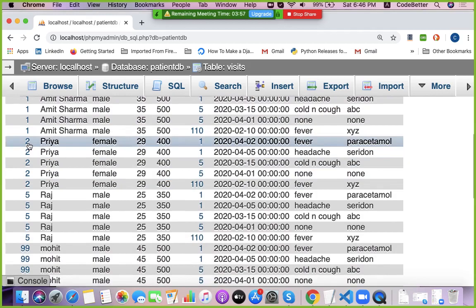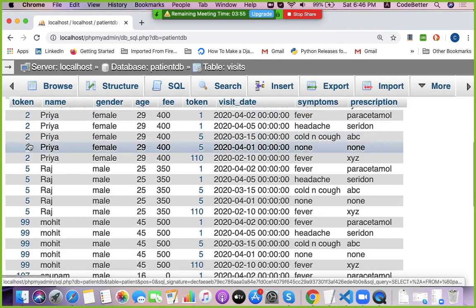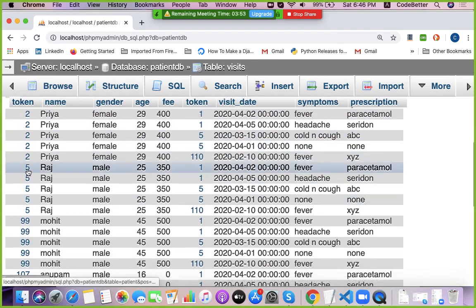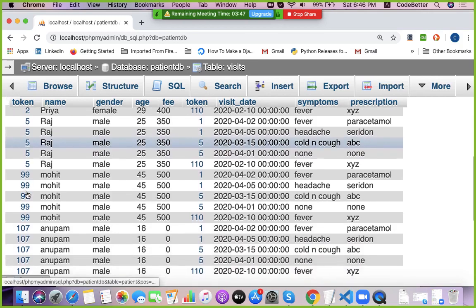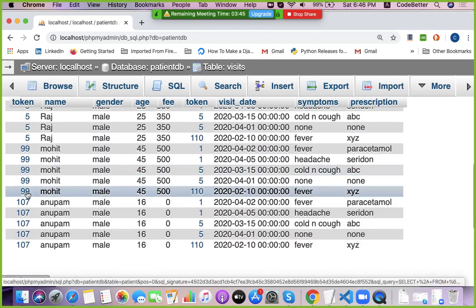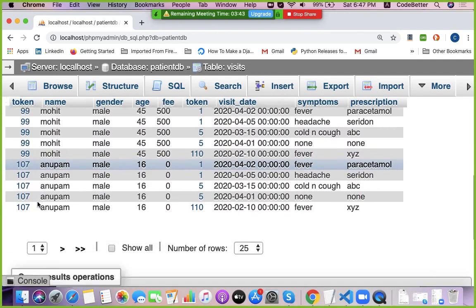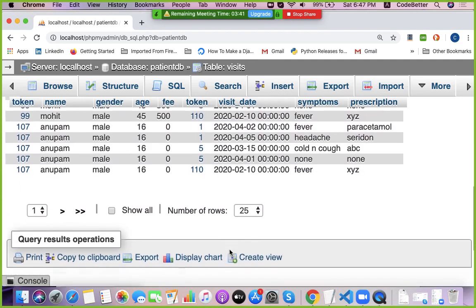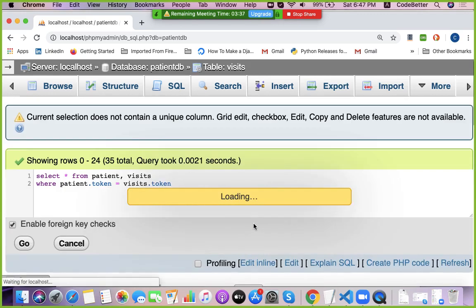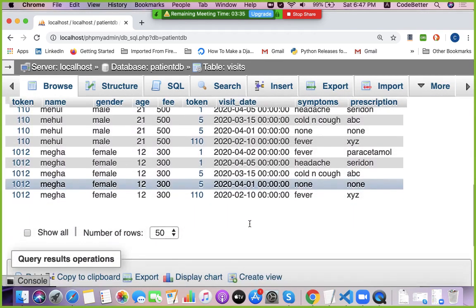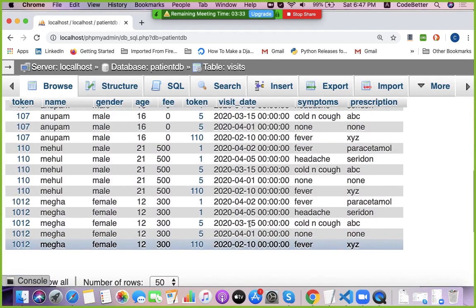Again it also matches for token number 5, and for token number 10 there is one match here.